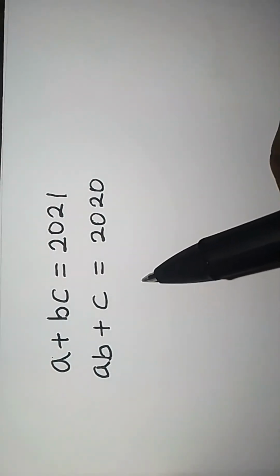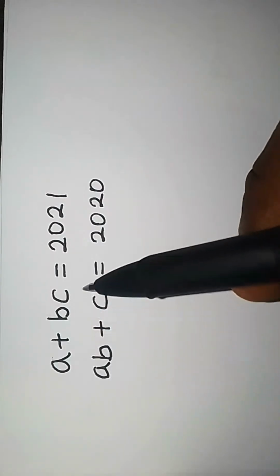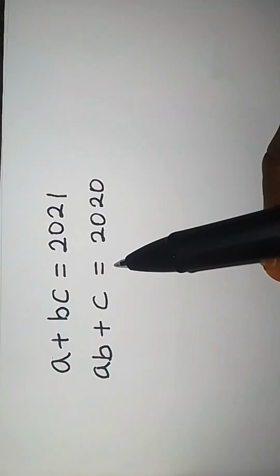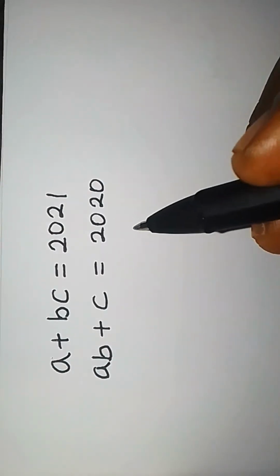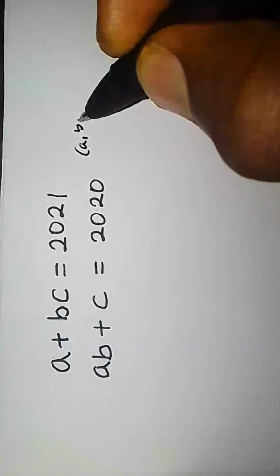Here we have a bit tricky algebra question. A plus BC equals 2021. AB plus C equals 2020. We want to find A, B, C